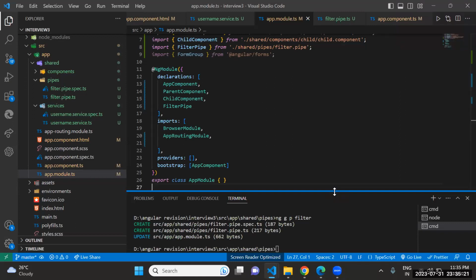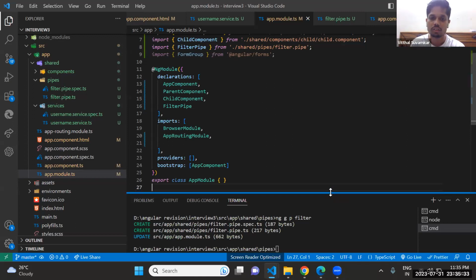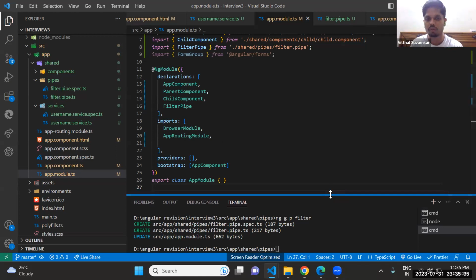How do you handle form validation in Angular? Sir, I'm not sure, but with the help of FormBuilder.